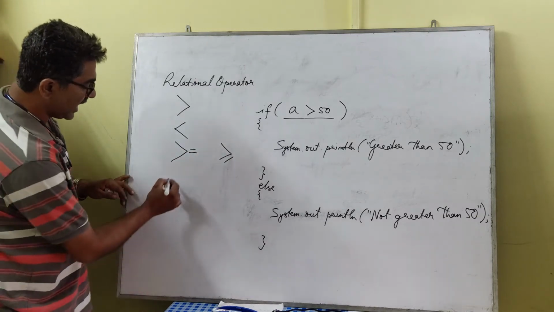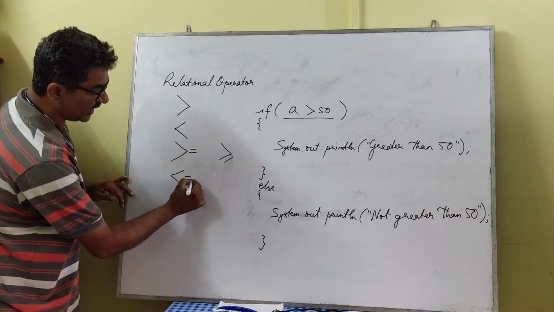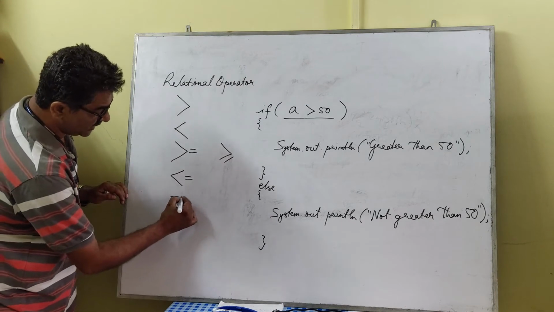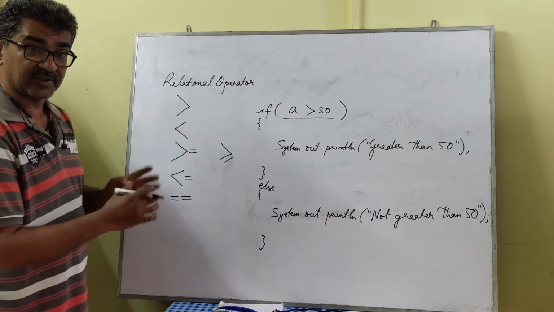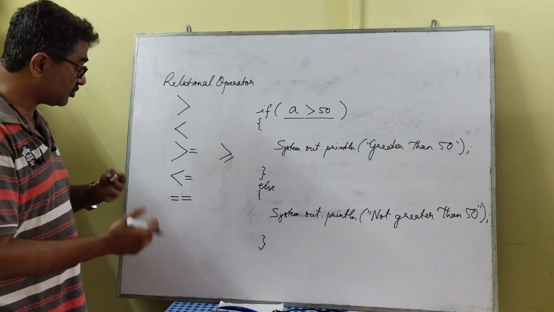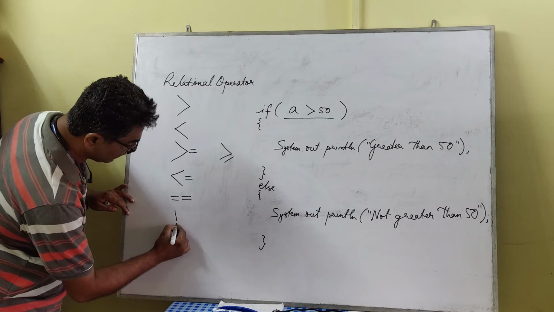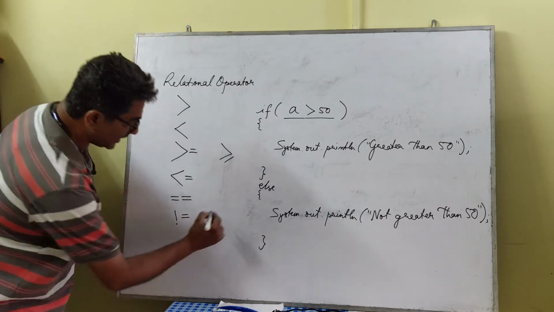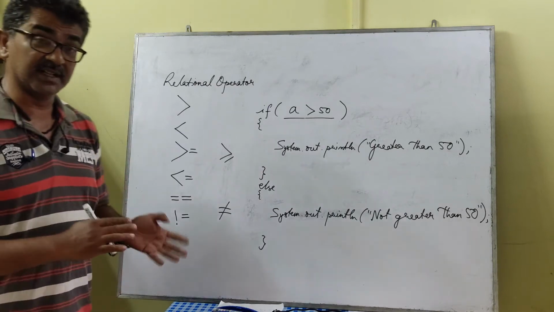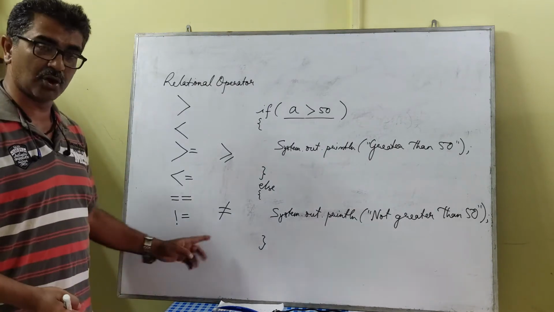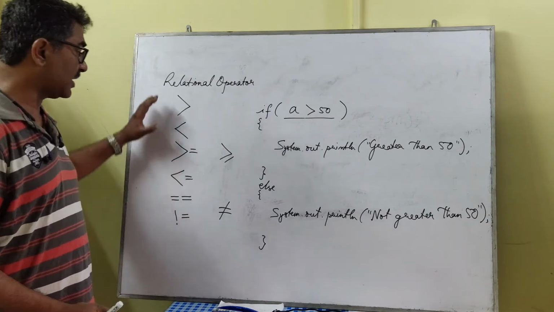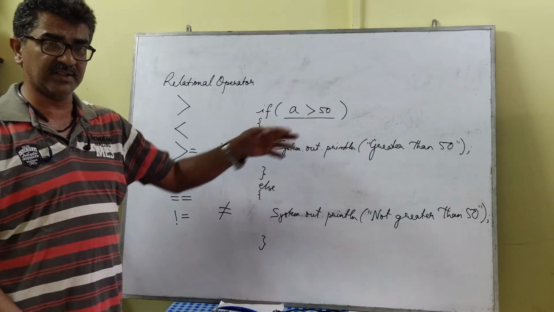We use a symbol, and then similarly less than or equal to, that means either less than or equal to. Equal to is written twice to differentiate between the equal which we had learned earlier for assigning a value to a variable, and then we have not equal to. In mathematics we write it something like this. In case we want to check for a certain condition, if it is not fulfilled, we use this not equal to. Now these are the set of 6 relational operators which we are going to use while using the if-else